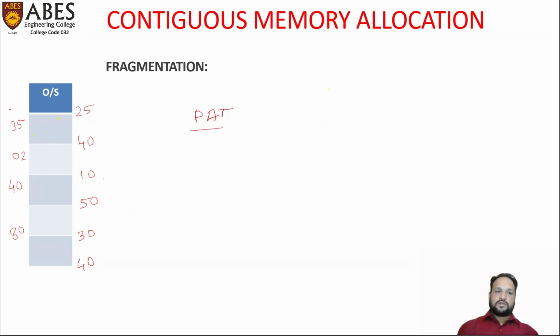And process P1 is of 35 MB, P2 is 2 MB, P3 is 40 MB, and P4 is 80 MB. Since P1 requires 35 MB of size, the memory management unit will look